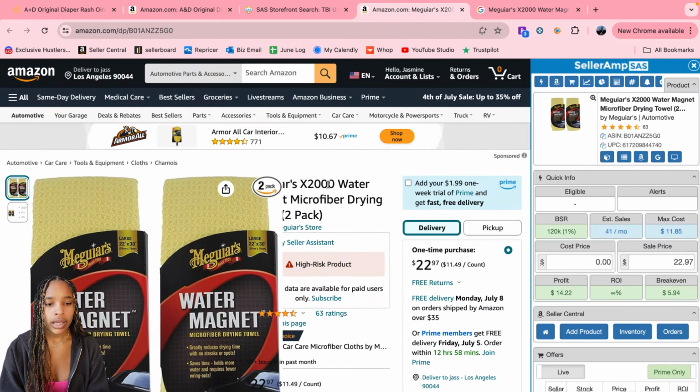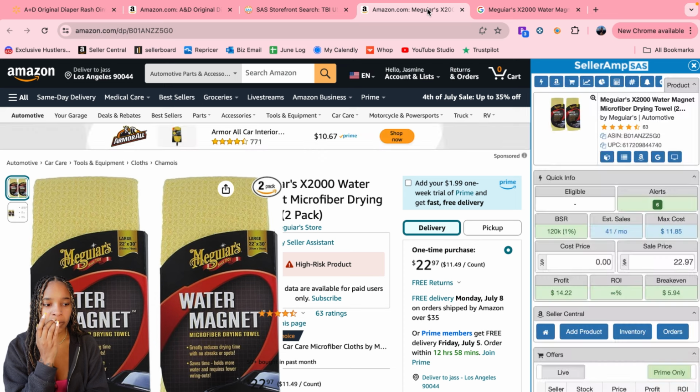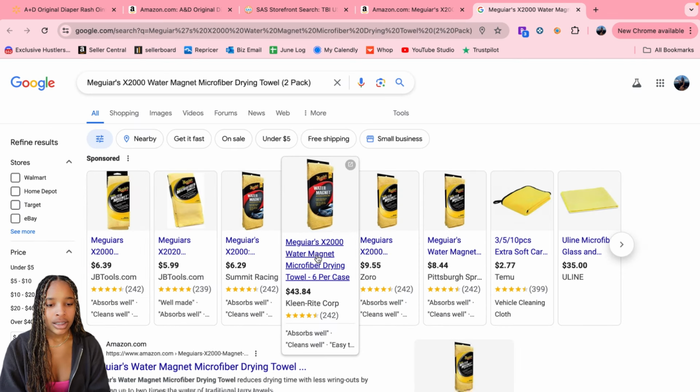X2020, X2000. This is 2000. And then what do we have to find here under? 1185. That's pushing it. Oh, 6 per case. This one has 6 per case. We'll have to do